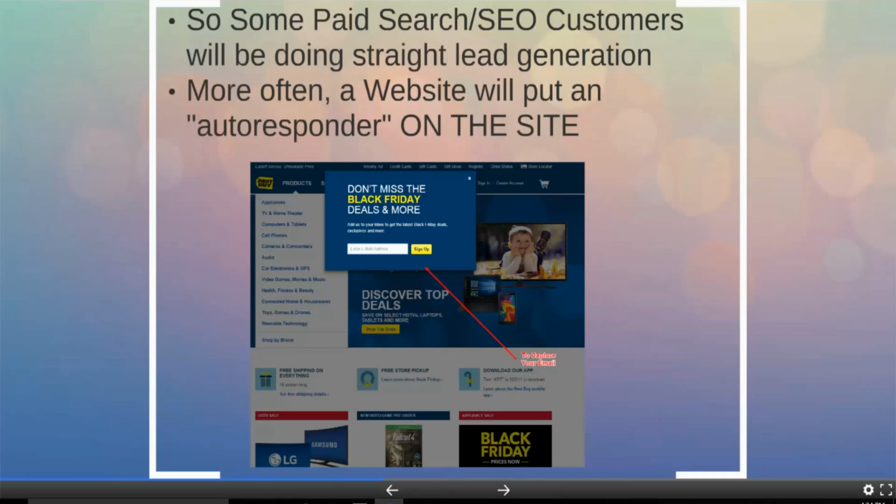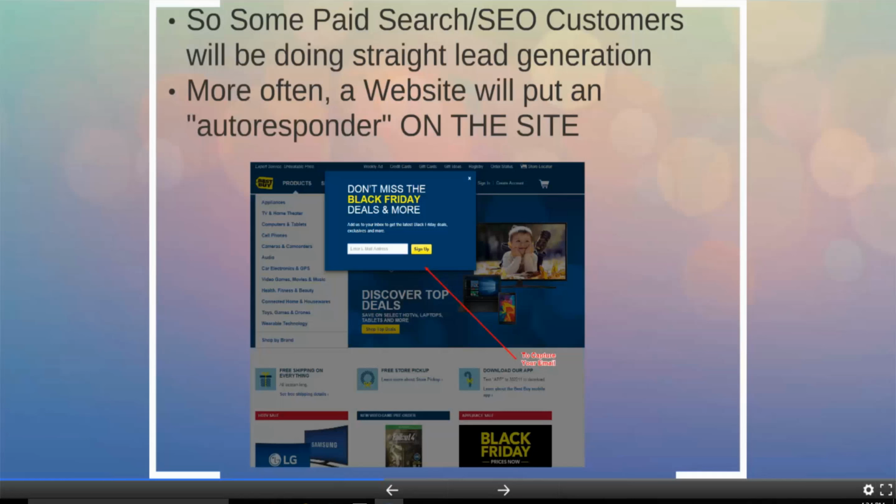So let's say somebody goes to bestbuy.com. This is not a lead generation website. Best Buy isn't going to get in touch with you via phone and talk to you about buying a new MP3 player or an iPod. However, they do have, actually, let me see here. I already came to the page. So when you go to bestbuy.com, this little pop-up's going to pop up here. Now this is a screen capture from a few months ago. But it's going to ask for your email address, and when it asks for your email, they're going to give you deals in exchange for your email so that they can keep sending you offers.